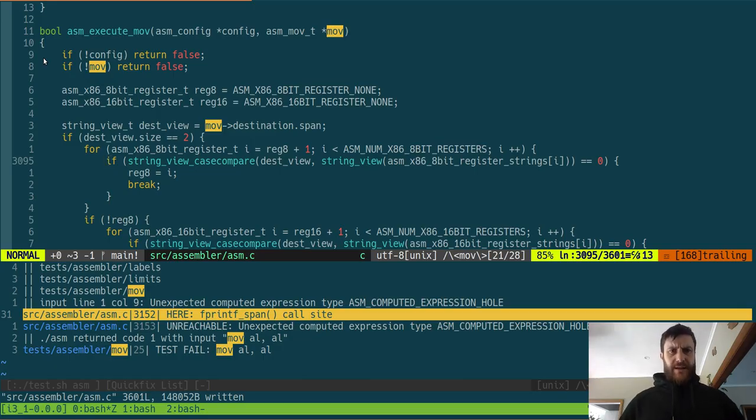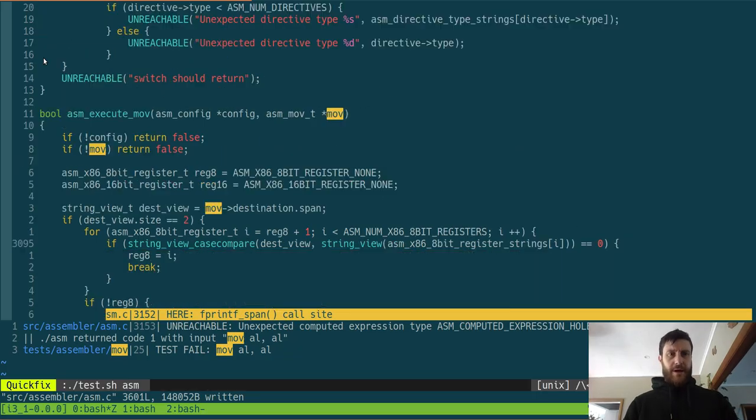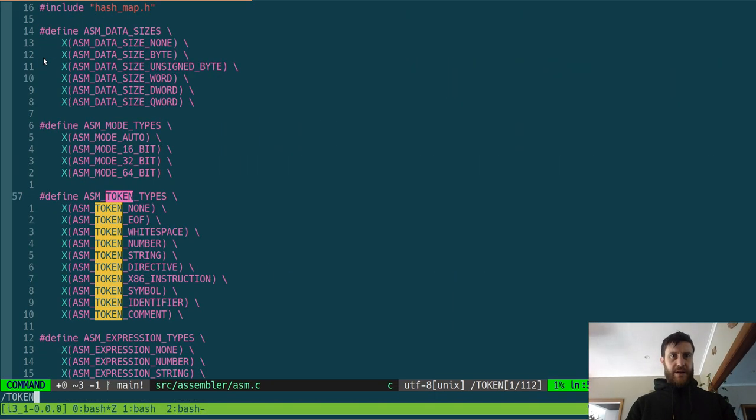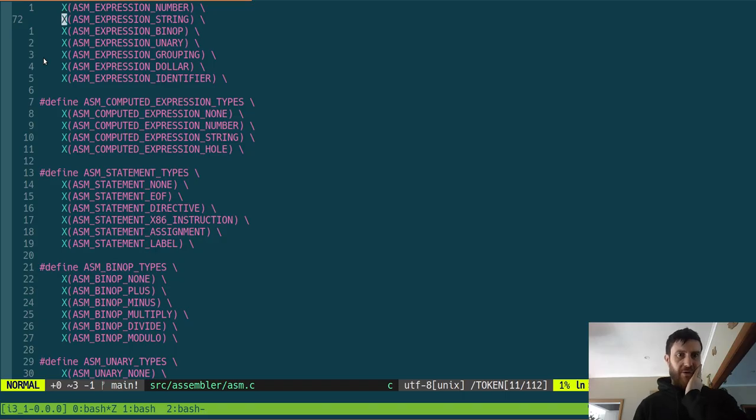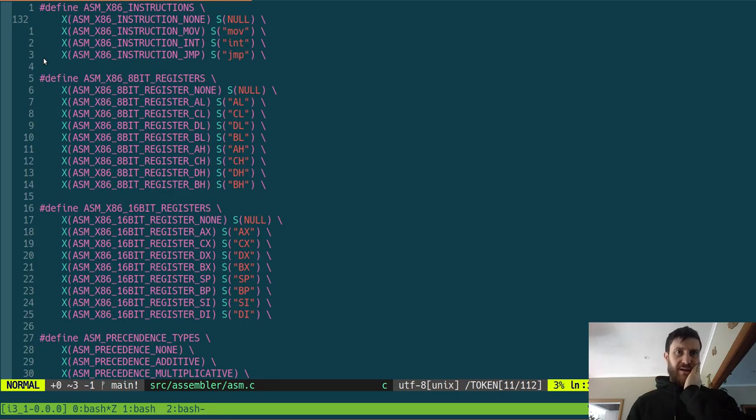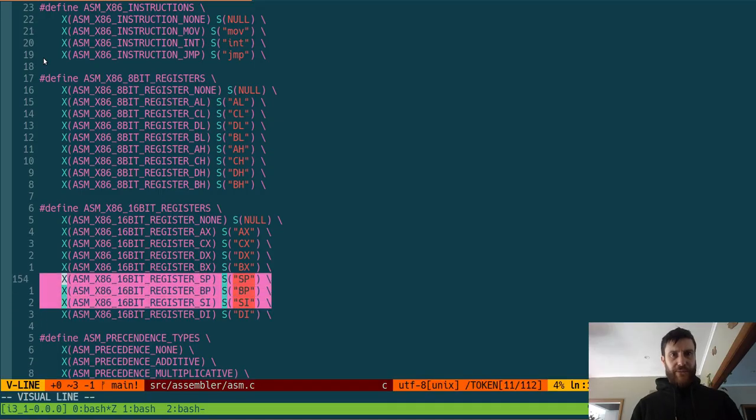So I think that's probably the first thing I want to do. Perhaps get some things. So we have basically a list of tokens. We do a lot of X macro type stuff. Yeah, you can see we've got a lot of stuff, and we already have codes for these